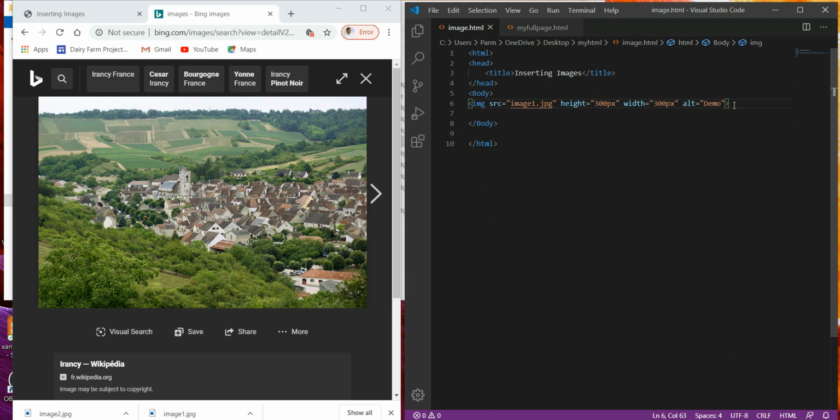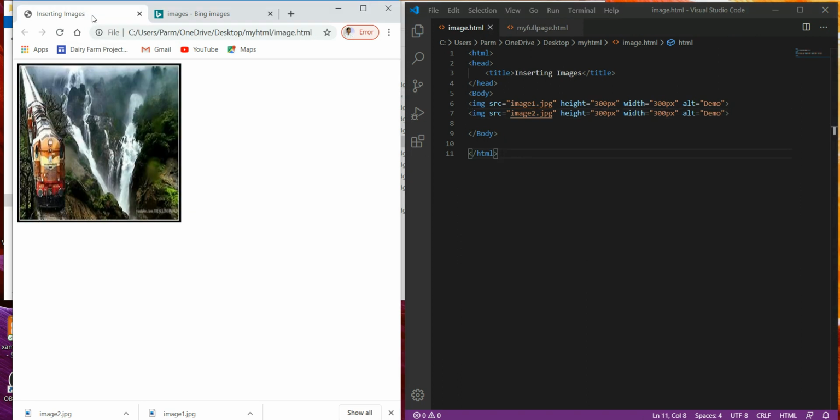I will copy this line with Control C and paste it with Control V. Now I have saved image2 here. Save it, refresh it. Now look, the image is not displayed because we have not given the complete URL of the image.